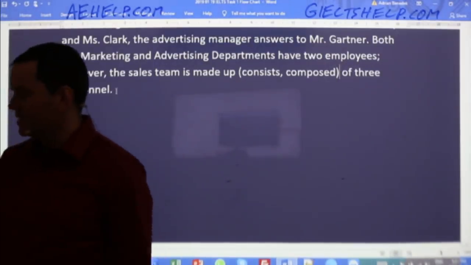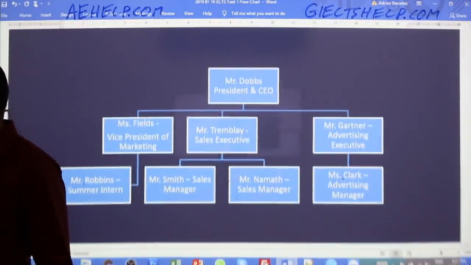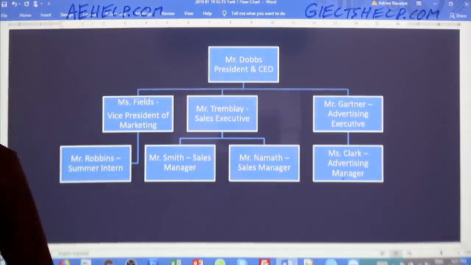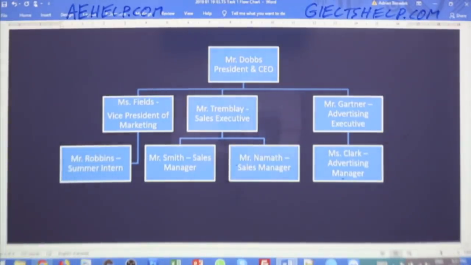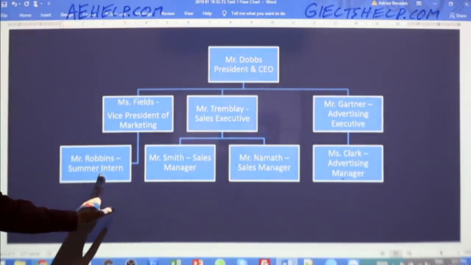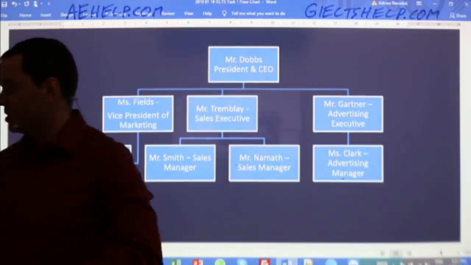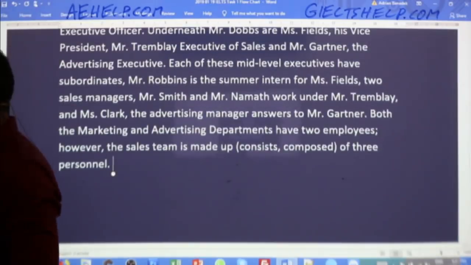Right, of 3 personnel. Okay, great. And according to Kesey, if we want to be even more precise, we can say that this company is male dominant. There are 1, 2, 3, 4, 5, 6 positions held by men and 2 positions held by women. So we might mention that as well, paying attention to those details of the Mr.